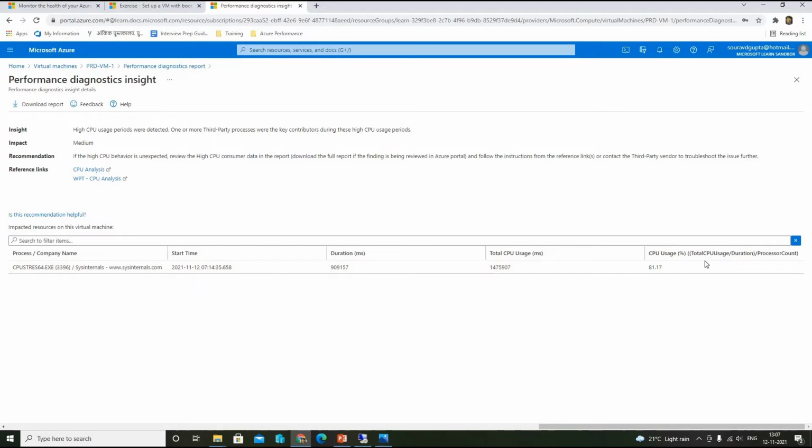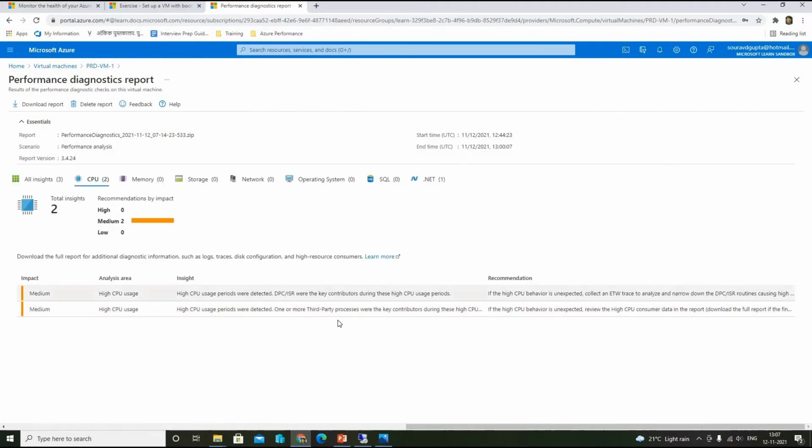This has been calculated from total CPU usage divided by duration and divided by processor count. We have a 2 core processor, so the tool has calculated based on those parameters.